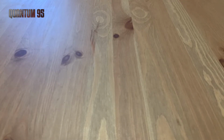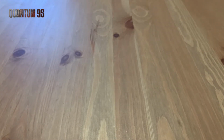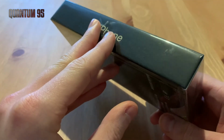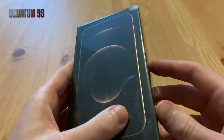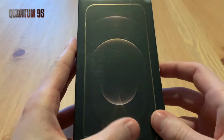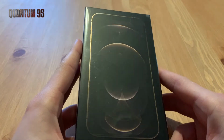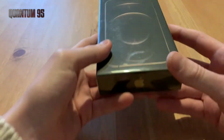me. And I did think about keeping it for another year, but when I saw these new phones, the iPhone 12s, and I specifically saw the colour that I've bought, I knew I had to get it. So, here we are. The iPhone 12 Pro in gold. I think from the pictures I've seen of this, it's stunning. But let's open it up and have a look at it